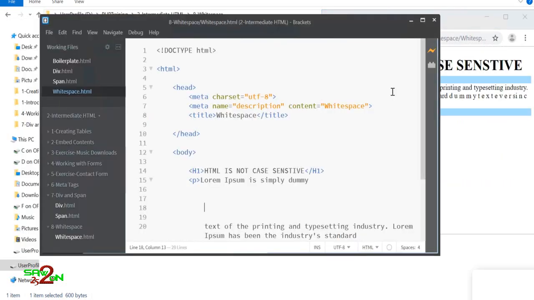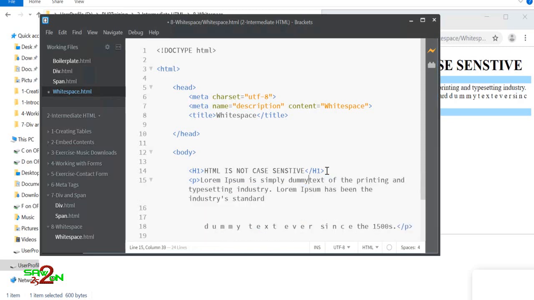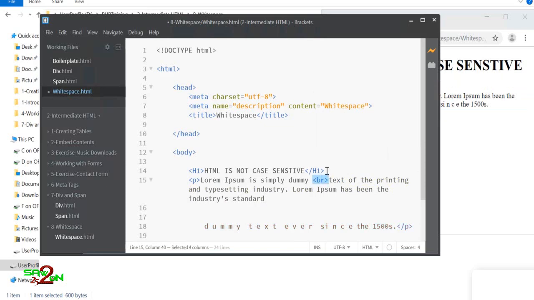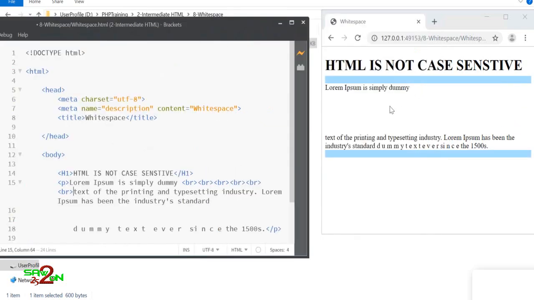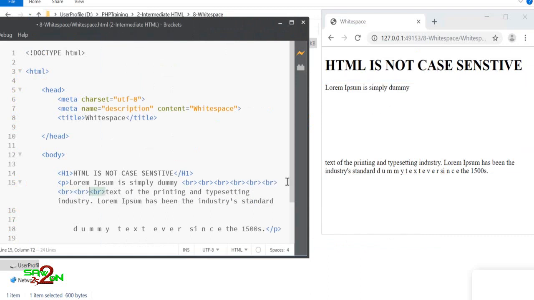Okay, this brings us to a conclusion. How will you add a white space? If I really want a white space, how will I do it? And how do you add a new line? We have seen this previously. Can you make a guess? How do you add a new line? Yes, we'll use the br tag. The more br tags you have, the more new lines you will get. That's what we are seeing here, right? Br tags will help you add new lines.